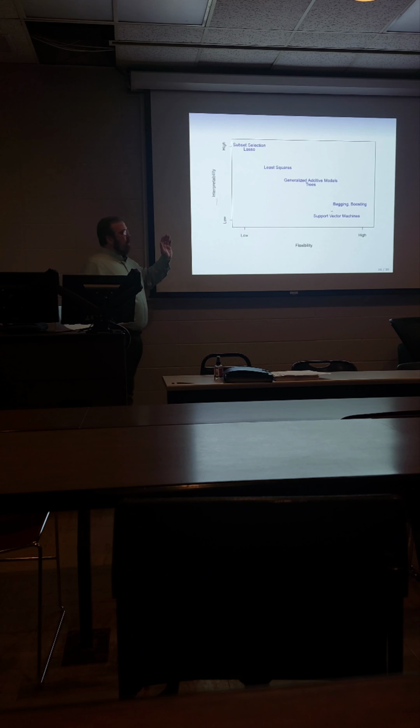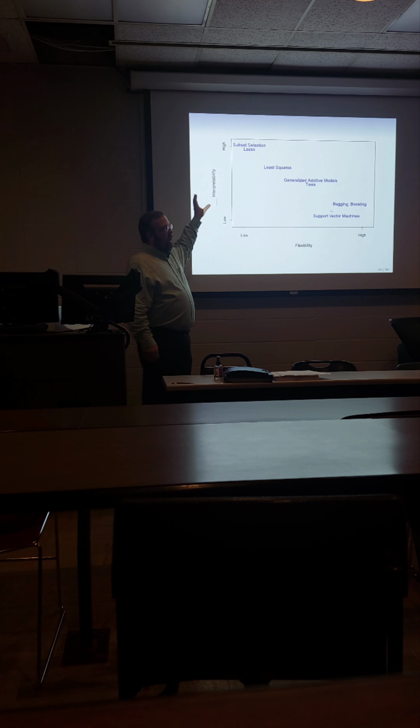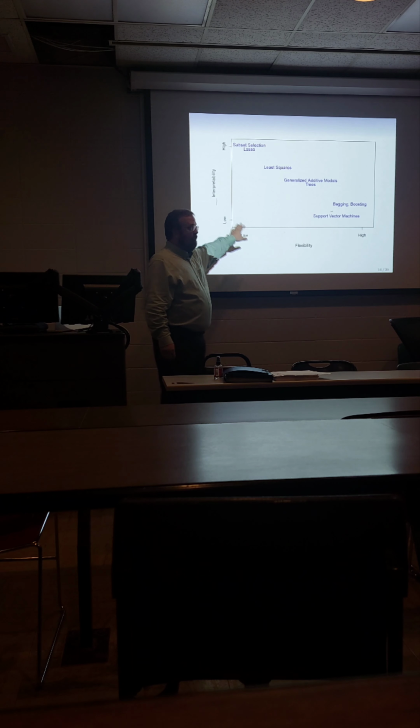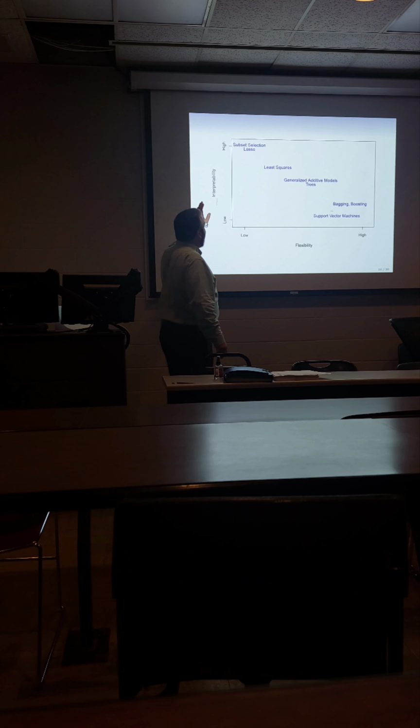We're going to talk about, this actually talks about the full scope of pretty much all the topics we're going to bring in. Not everything is in here, but it does talk about the range of the flexibility, model flexibility versus interpretability. Now, I don't necessarily think this is 100% true, but this is in fact a subjective chart, right? This is how the author felt about the applications of these technologies. They're pretty close. What we would say is that if I have relatively low flexibility and high interpretability, I would have something like a subset selection space.